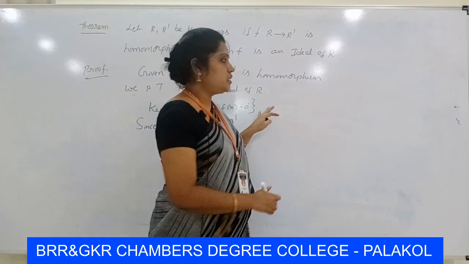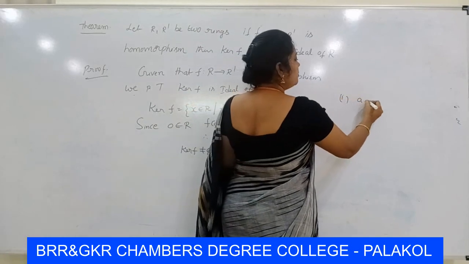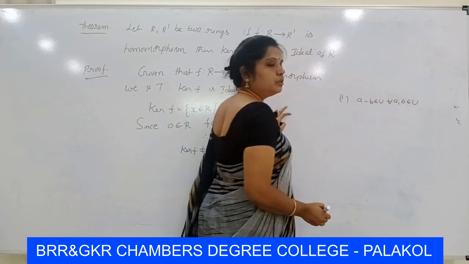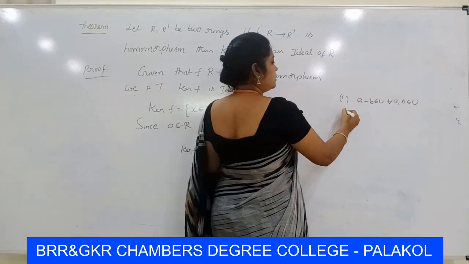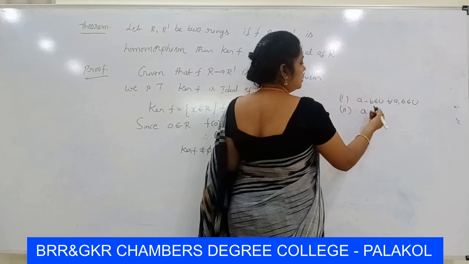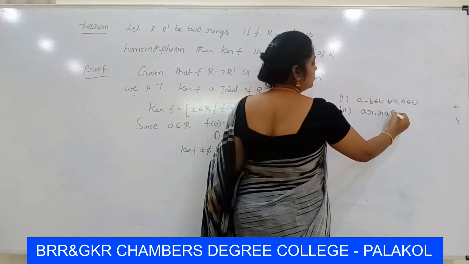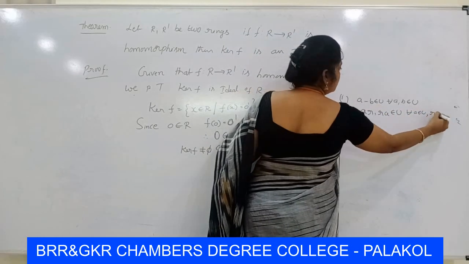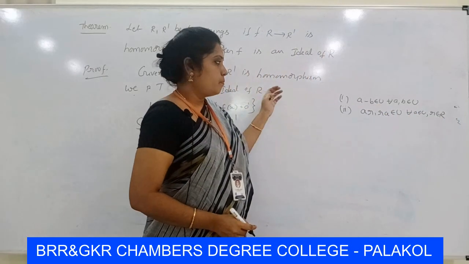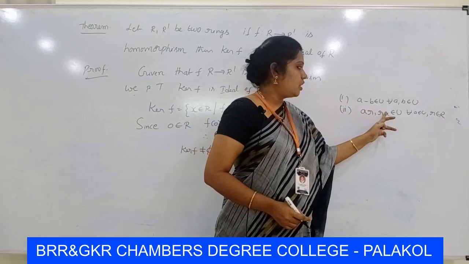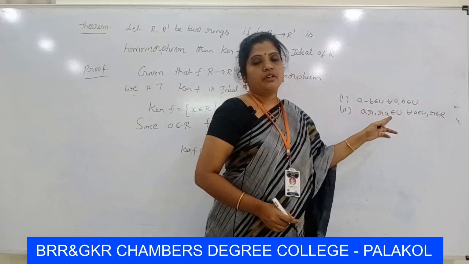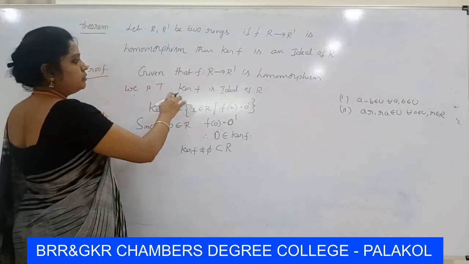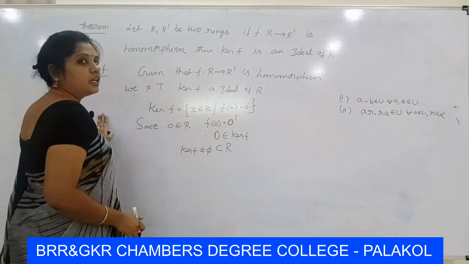Those are, first one is A minus B belongs to U for all A, B belongs to U, and second condition is that AR, RA belongs to U for all A belongs to U and small r belongs to capital R. The products AR and RA belong to U, where A is an element of U and small r is an element of R. So now we have to prove this kernel of this set is an ideal of R.